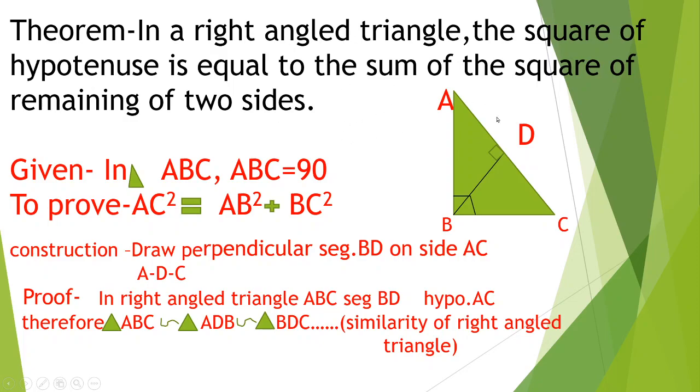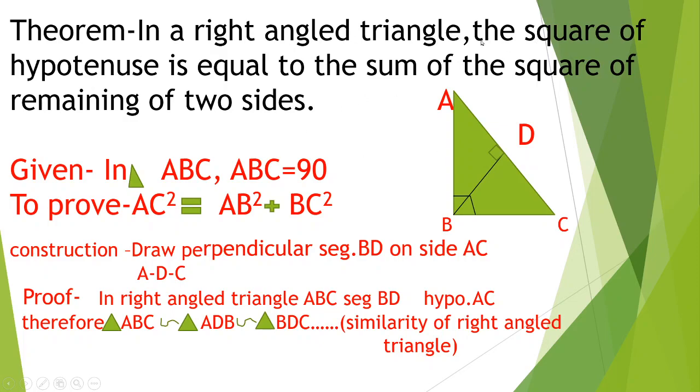So, our first part again, draw diagram. In theorem, right angle triangle is given. So, I draw here right angle triangle ABC. Here B is 90 degree and BD is our construction. So, from diagram, write given part. In triangle ABC, angle ABC is equal to 90 degree. From diagram, we write given part. Now, to prove part.